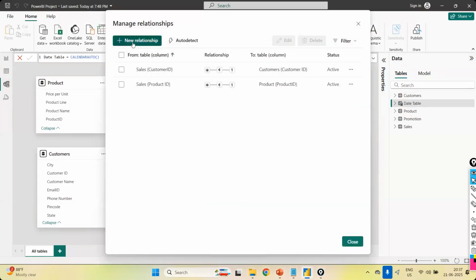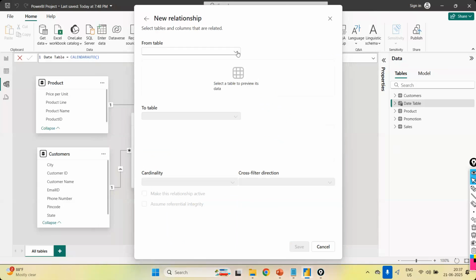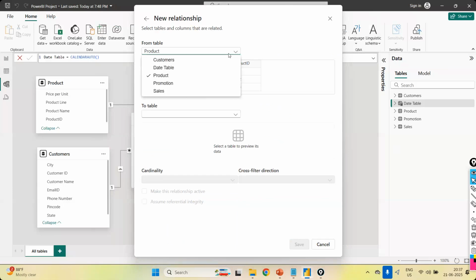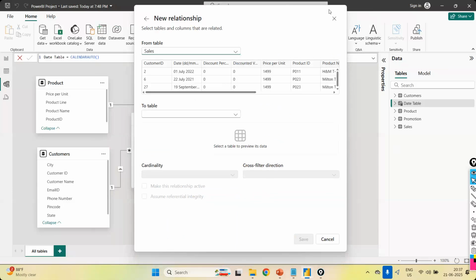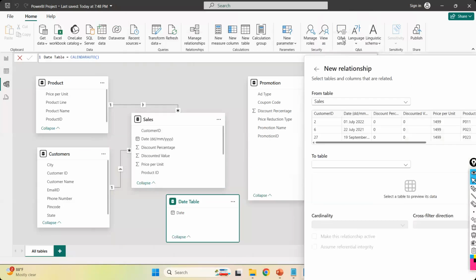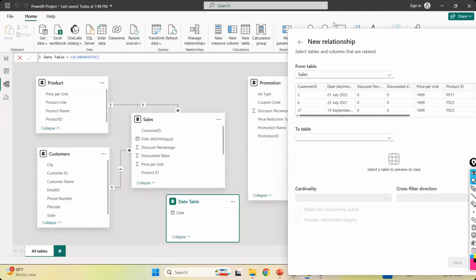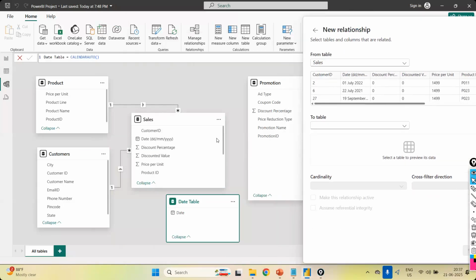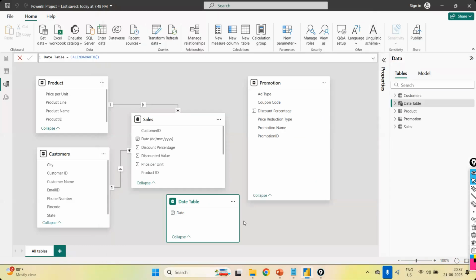And in the manage relationships, I'm adding the table. Which two tables do I have to connect? In the sales table, which one has to be connected? Product ID has to be connected. Okay, I have removed the promotion ID from the main table, right? So that column was removed, so the connection was removed. Done, understood. Since I have removed the promotion ID column from the sales table,